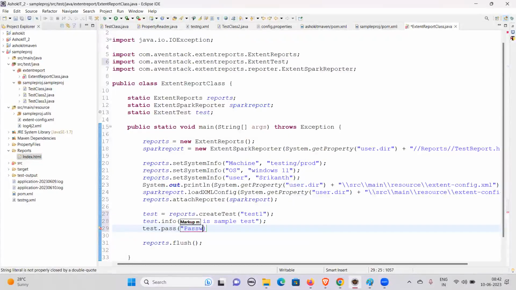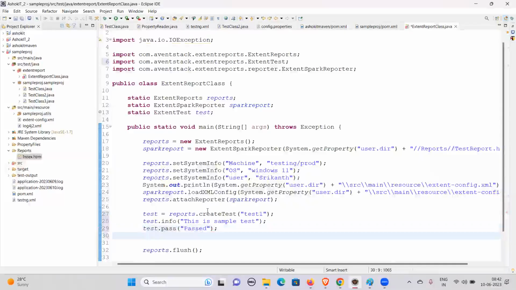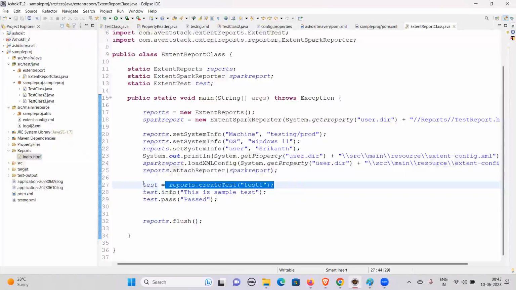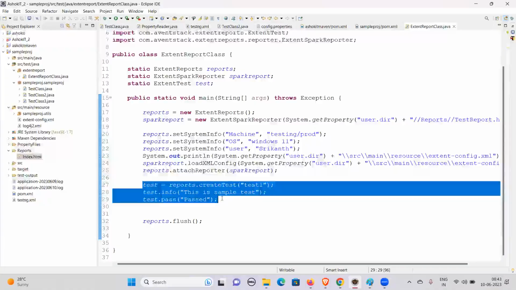like pass. So what I did is just I've created, I'm just creating a test now. Okay, so for creating a test, what we have to do: test is equals to reports dot create test. Okay. So this is the first test, and likewise I'm going to create